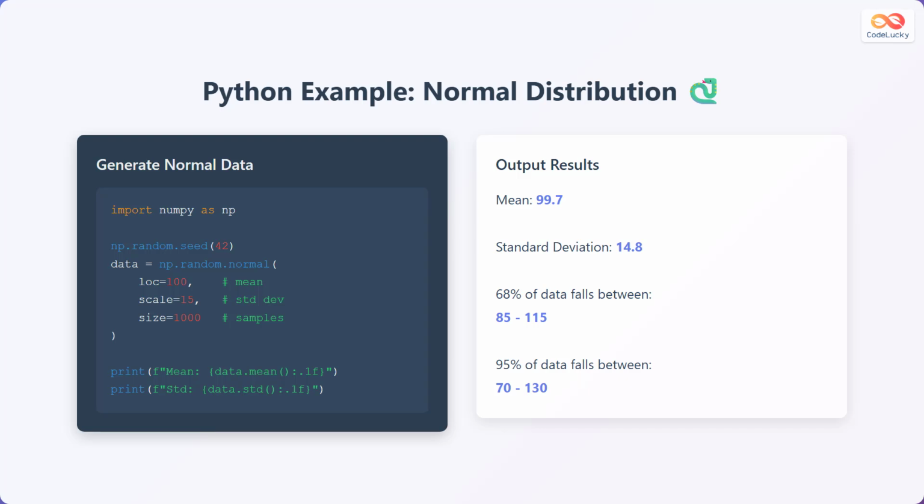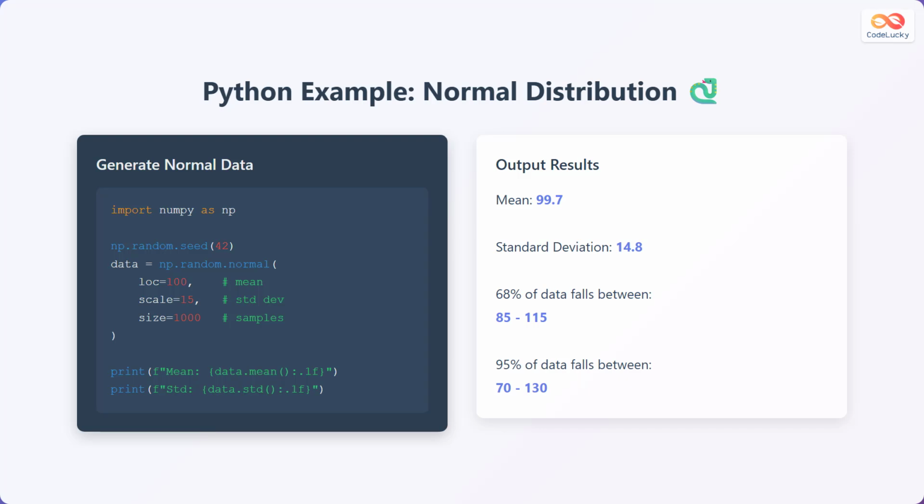Now let's look at a Python example for generating normal data. We import the NumPy library and seed the random number generator for reproducibility. We then use the numpy.random.normal function to generate 1,000 data points with a mean of 100 and a standard deviation